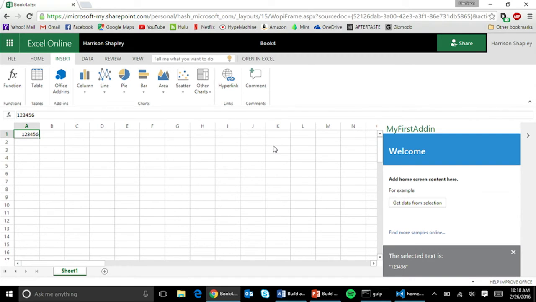Now what's great is that this is just a typical web app with HTML, CSS, and JavaScript. And I can go and edit those files, and I don't need to reload the server or reload the manifest or anything like that. I can just refresh and I would see the updates right away. So just to show that you can do that,